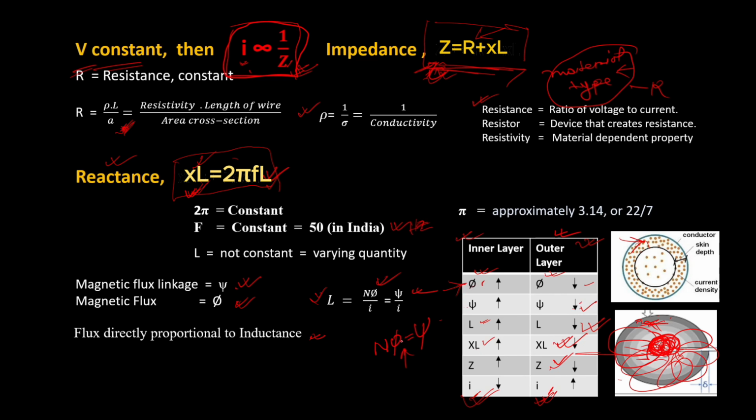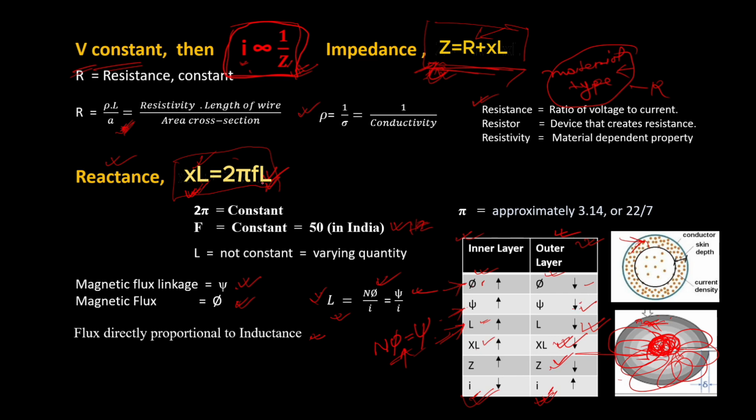If phi increases, then psi will also increase, that is magnetic flux linkage. If magnetic flux linkage increases, then L will increase. Here we can see L is equal to n phi by I, or psi by I. So L increases. If L increases, XL will also increase,